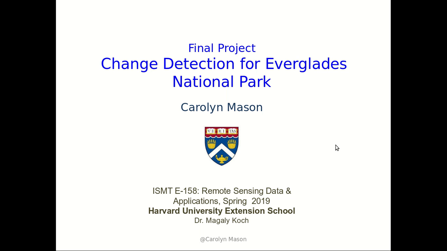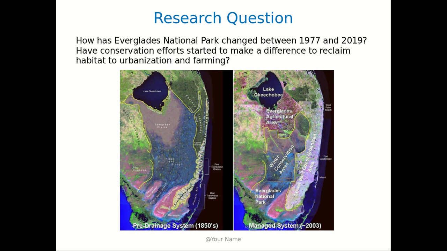This is my final project. I'm looking at change detection for Everglades National Park. My big question is how has the Everglades changed over time? We have Landsat data between 1977 and 2019, and have conservation efforts started to make a difference to reclaim habitat